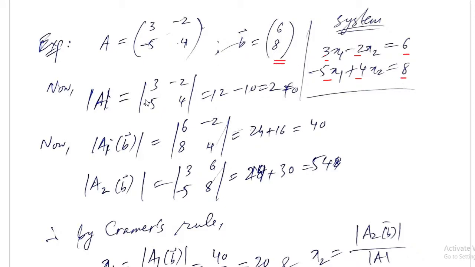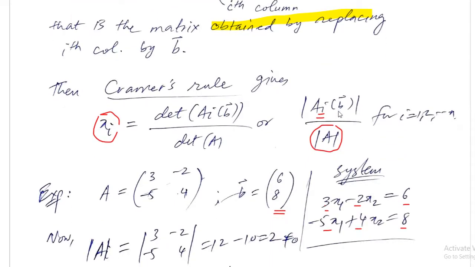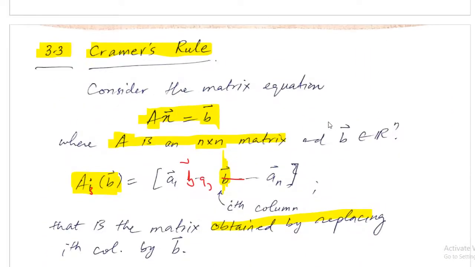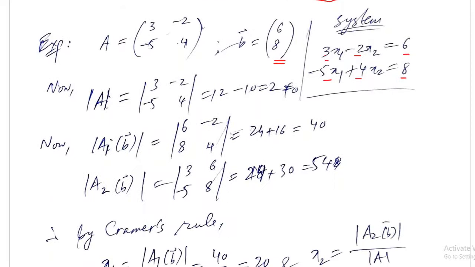Okay, now from here, first thing I should do, I should find the determinant of A, because I have to divide by the determinant. If your determinant of A is equal to 0, then we have a problem. So it should not be a singular matrix. It should be a non-singular matrix. How to find the determinant? 3 into 4 minus 5 into 2, so 12 minus 10 gives you 2. So 2 is not equal to 0, so we are fine.